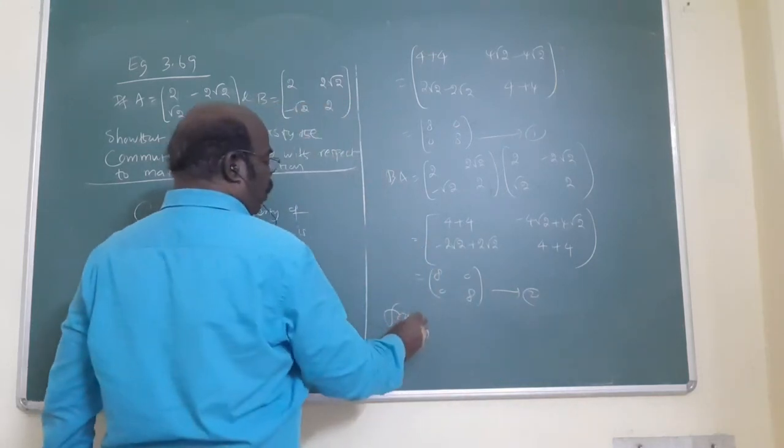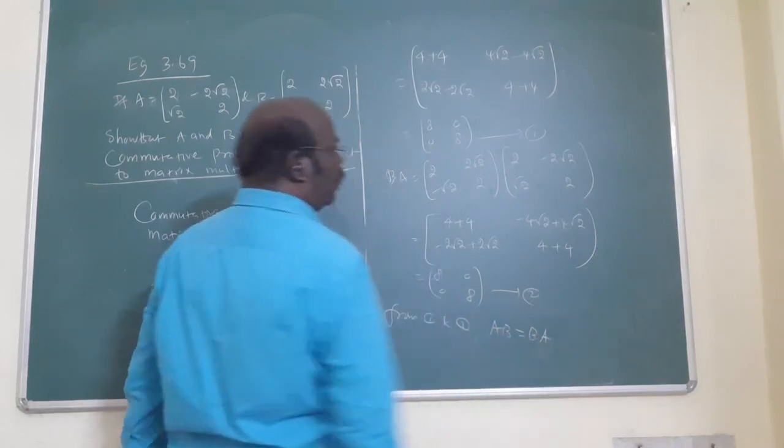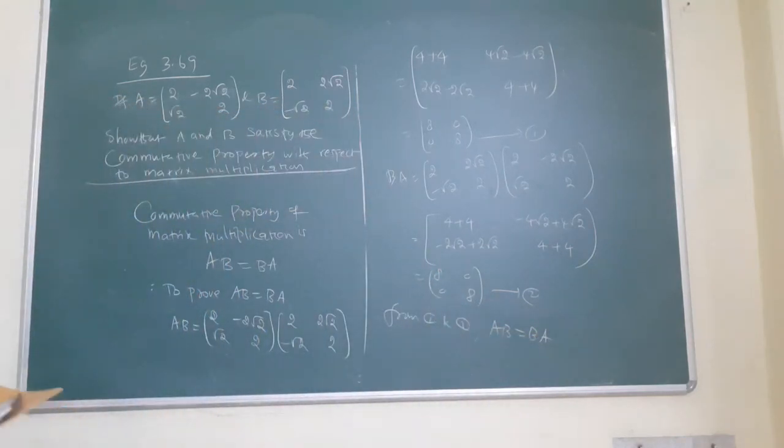Now, from 1 to 2, AB equal to BA. This is the answer. Anyway, in the last exercise, matrix multiplication is very, very important. So many problems are there. Exercises and exam problems also are there. Usually from this last exercise, 5 arguments are usually asked. In algebra, it's an important concept for you and easy also. That's why multiplication is very, very important. Do the calculation using first row, first column, first row, second column in this way. Today that's all.